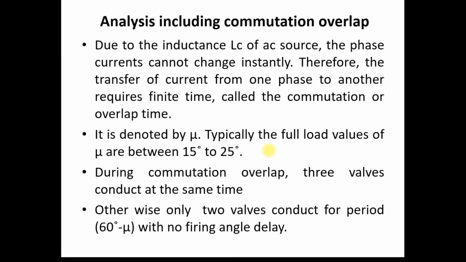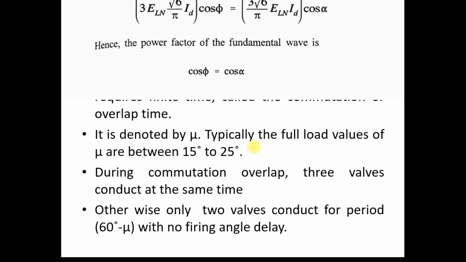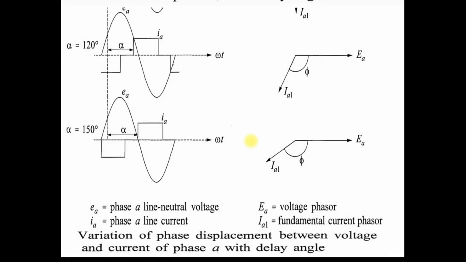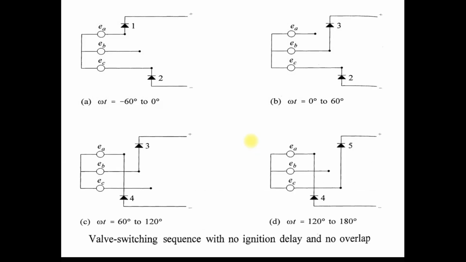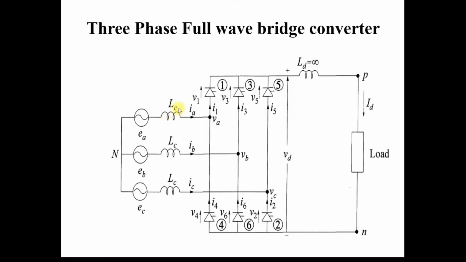Now in the third analysis, we include the effect of the inductance of the source. In both of the previous assumptions, we assumed that the converter transformer source inductance is negligible. This is the analysis assuming negligible source inductance. It means we did not consider the effect of this source inductance in the analysis of these converters when we drew the output waveform. But now we consider the effect of the source inductance, and we want to show what the actual converter operation is and what the waveform at the output side is.